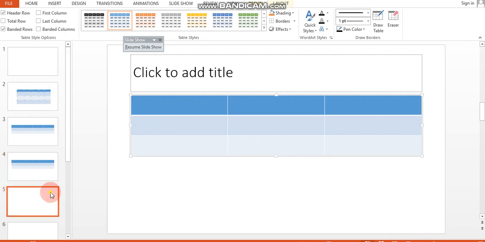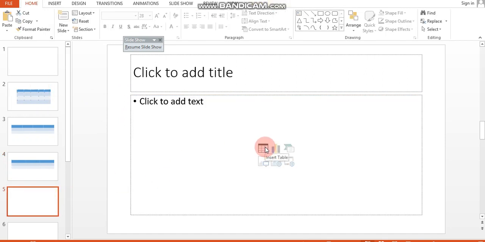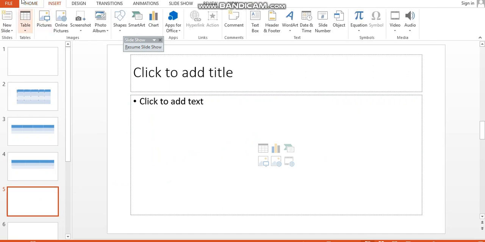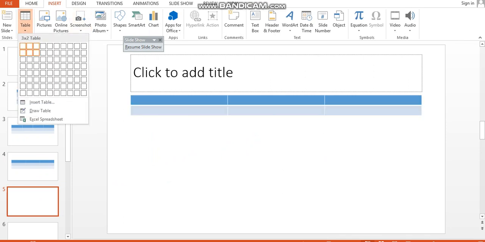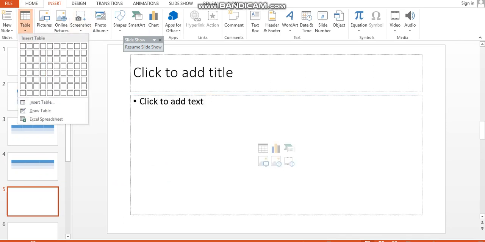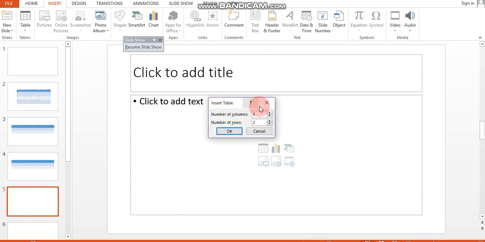The one is with the insert table option in the slide itself. The second option is here on the insert, table and then grid. The third option is the insert table option. So this way you can create tables.